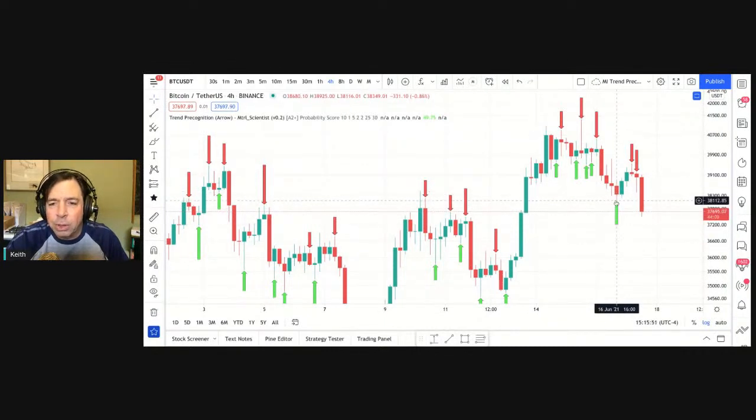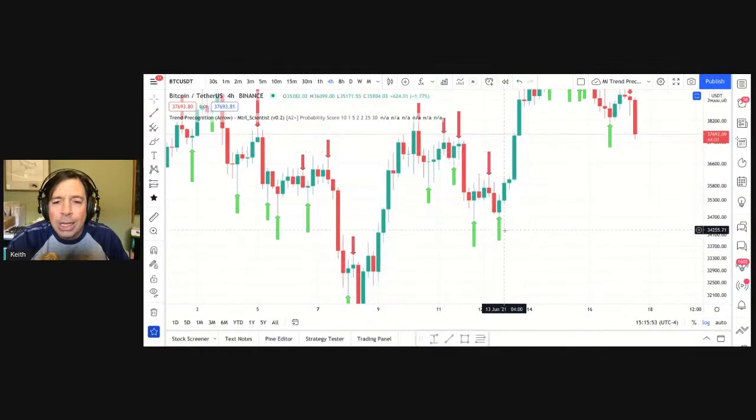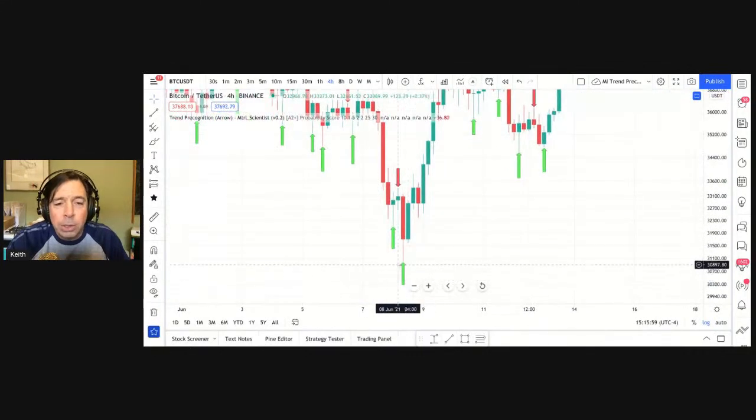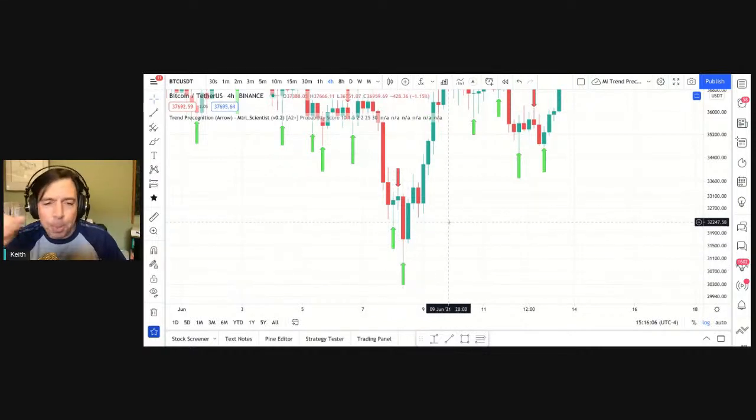This looks like a very strong signal to me. This looks like a strong signal to me. This looks like a strong signal to me. Right? Some great signals here. Do I want this one and this one, or do I want just this one? That's up to you. It depends on how you want to use the chart. I mean, how you want to use the tool.